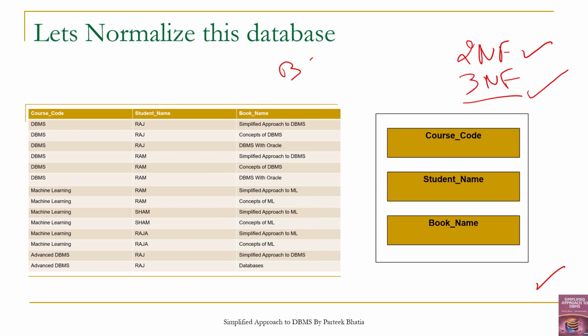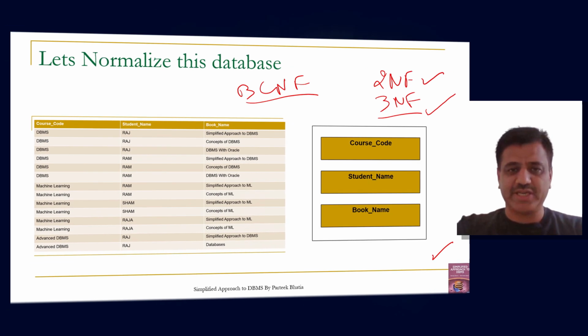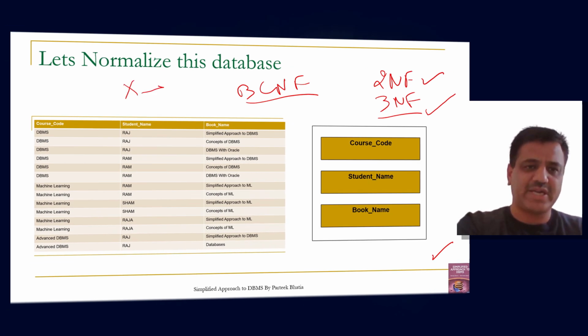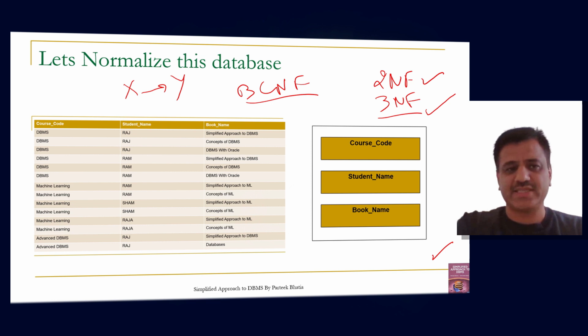Now let's apply BCNF over this. A relation is in BCNF if all the determinants are unique, or if all the determinants are candidate keys. And you know that determinant means that if we have a functional dependence like X to Y, then X is a determinant. Here we have no functional dependence. It means that there is no determinant, so there is no way to apply BCNF. So we have no other options, and according to first, second, third normal form and BCNF, this table is normalized.